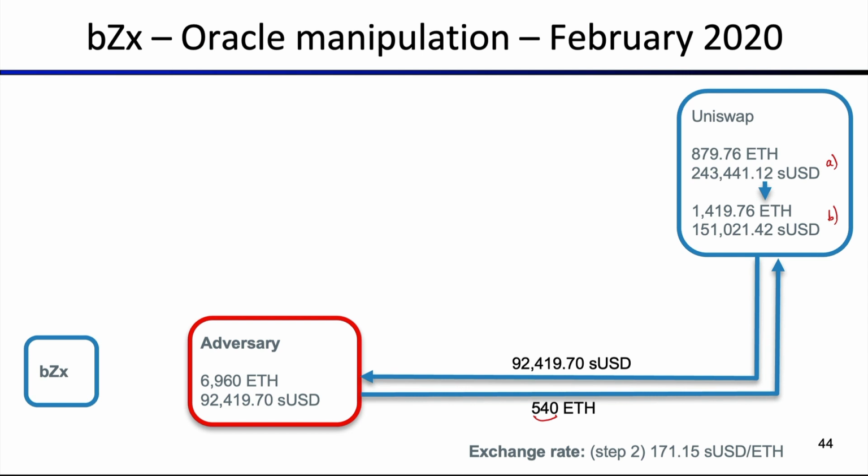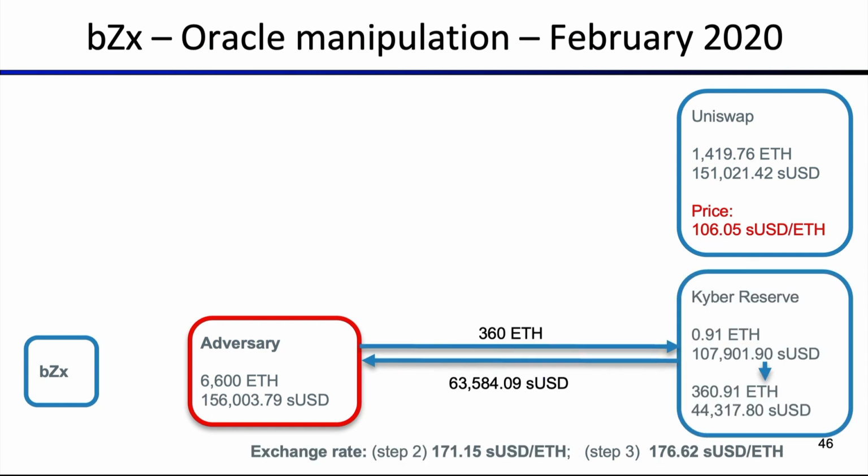So you can see here that the liquidity in this Uniswap pool is not that high, right? So the exchange rate is significantly affected because we are adding here 540, so here 880 plus 540 is roughly this 1,420 ether. So the price certainly drops, right? So we have the initial exchange rate here as follows, and the price is clearly dropping here to 106 SUSD